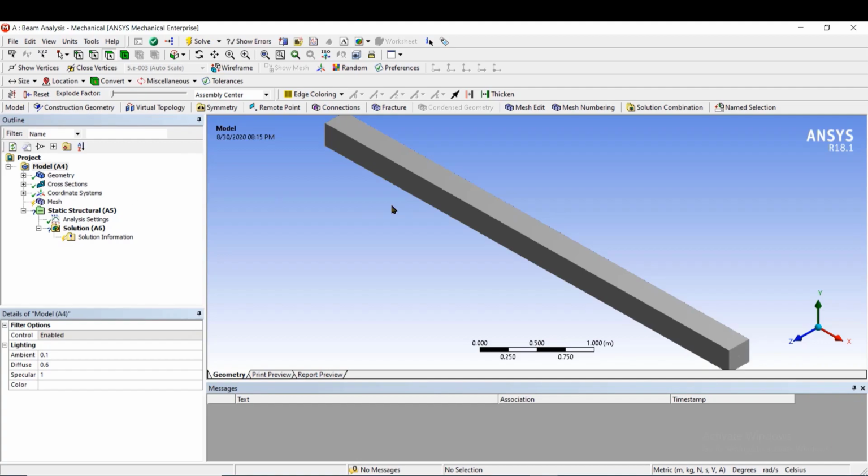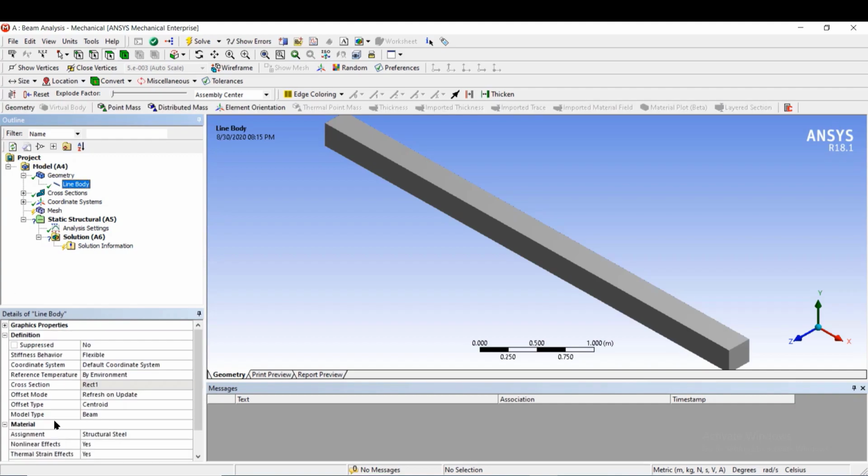Then we need to assign the material that we have defined initially, and that's why go to model, then open this geometry, select align body, then here at the material, go to the assignment, click on this, open the material and select steel. Now the material that is steel is assigned to this body.